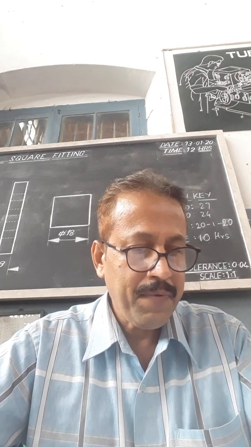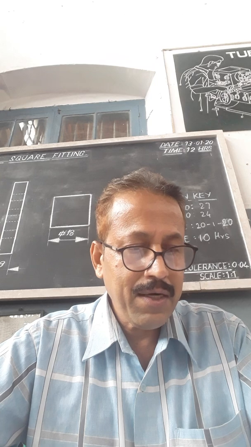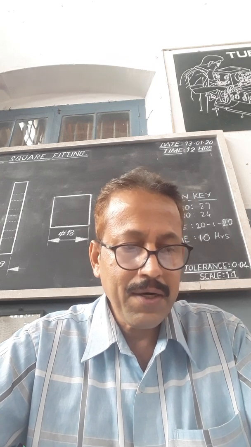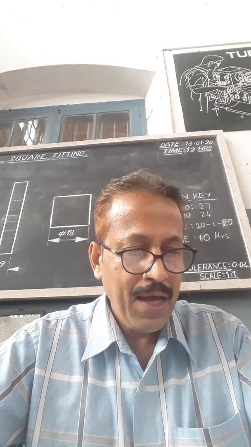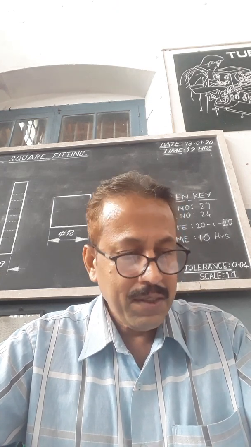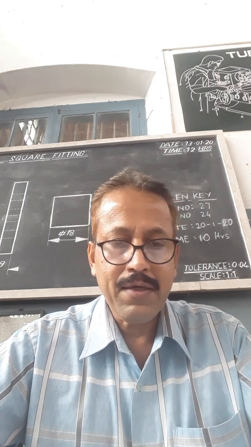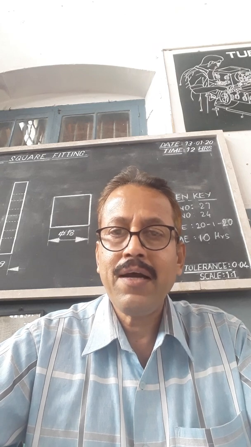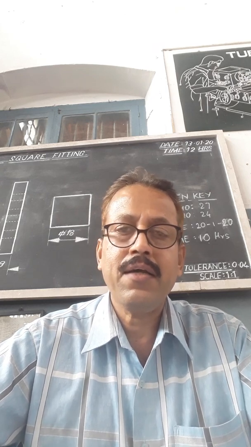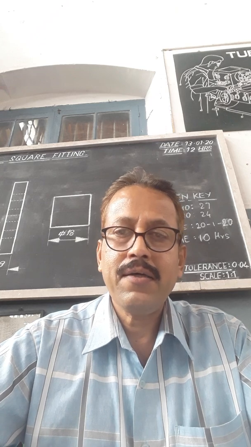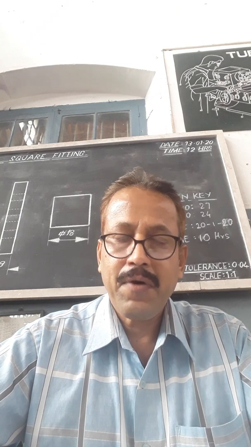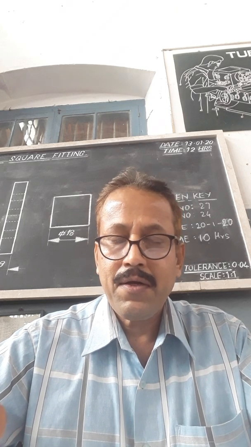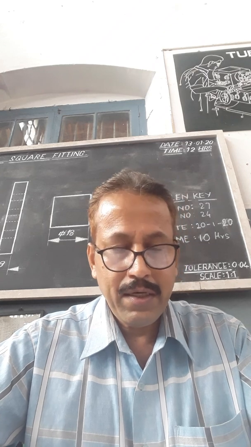Instruments used for gauging. Some of the names of the gauges are given here: snap and ring gauge, combined gauge, plug gauge, screw pitch gauge, template gauge, form gauge, and taper gauge. The first type is the cylindrical plug gauges: the double-ended plug gauge. A double-ended plug gauge means a gauge having two ends. One end is the go end, the other is the no go end. The go end is the maximum permissible dimension, and the no go end is the minimum permissible dimension in the gauge.